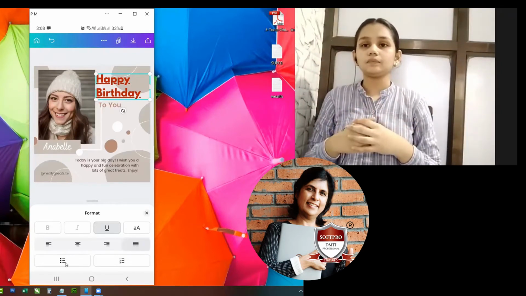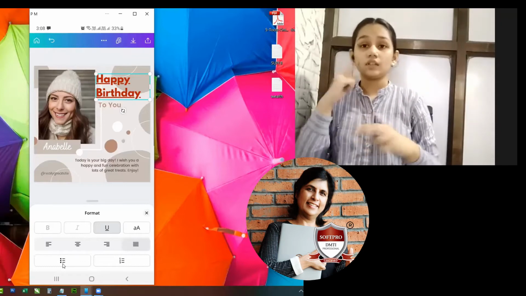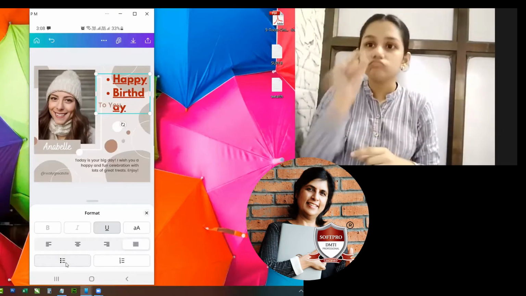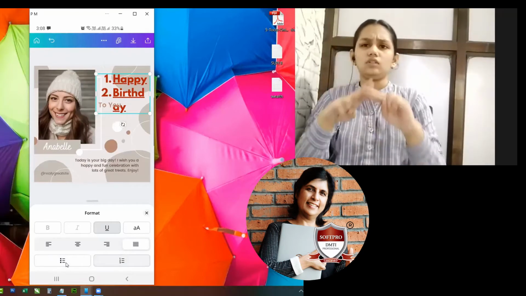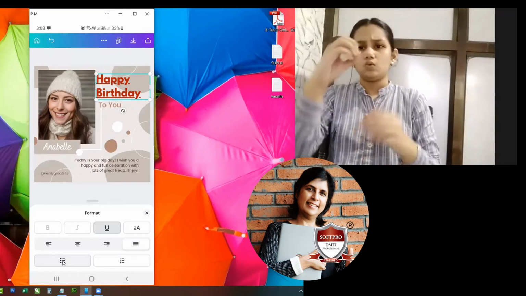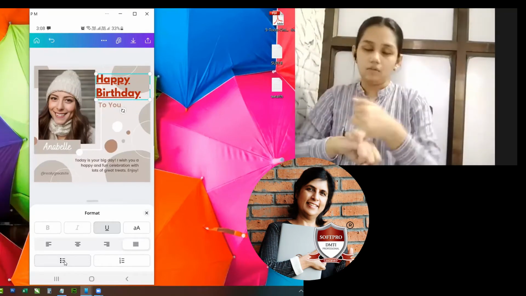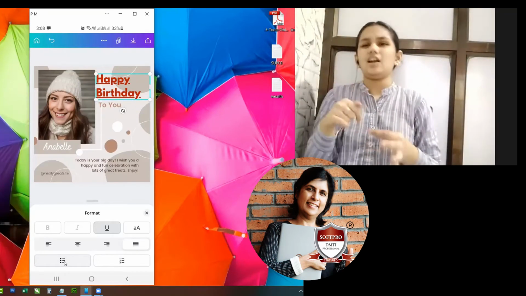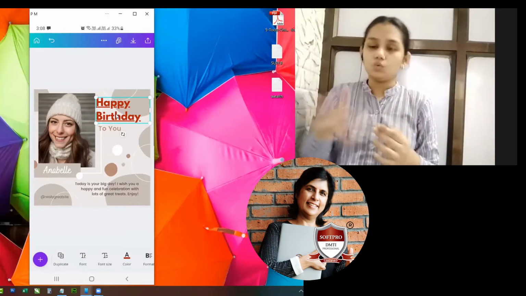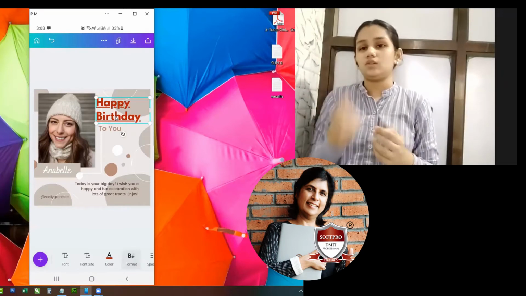After that, if I click on the bullet, you see this bullet, it will give me 2 bullets. If I click on 1, 2, 3, it will give me 1, 2, 3. So these are just commands I am explaining to you. Correct? This is not for you to apply, but you will learn these commands. Correct? So this is my text based command. Now I am going ahead.